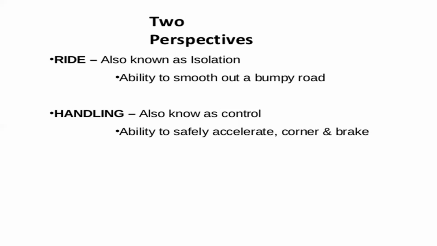It is very important, and control is somewhat difficult on uneven roads. So we are placing a good suspension system on that vehicle, and the acceleration is very good. We can handle the vehicle easily. And for cornering and braking, the vehicle takes turns and we apply brakes. In that also, the suspension system plays a vital role in these automobile vehicles. These are the two main perspectives of automobile vehicles.